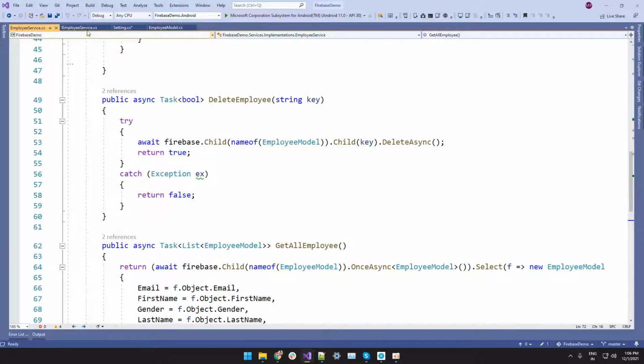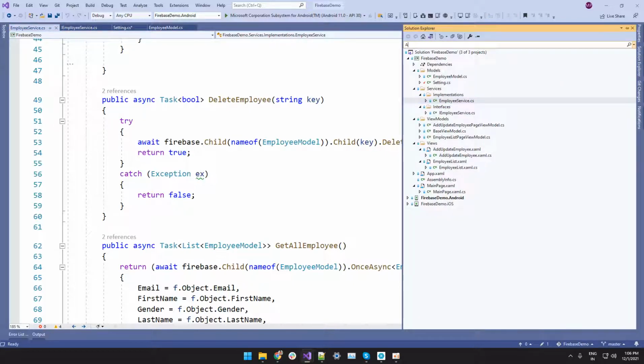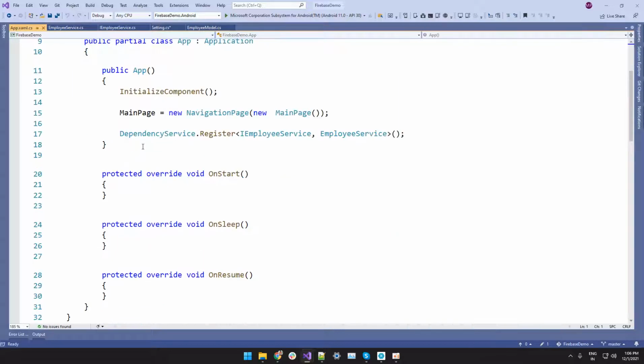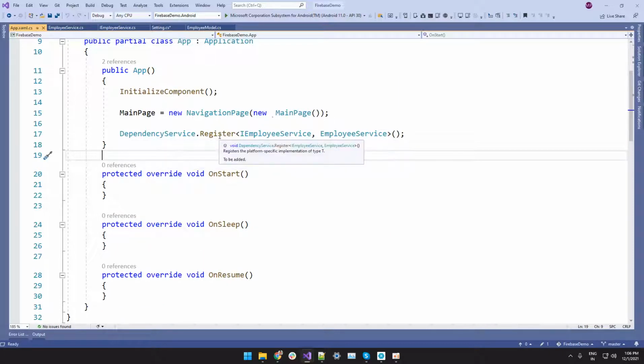Once you have created this employee service, you have to initialize it in app.xaml.cs, then only can you use it, otherwise it's going to throw an error. You can initialize that service like this: DependencyService.Register, and here you specify the interface and the class. Once it's done, just implement this on the page that you want.